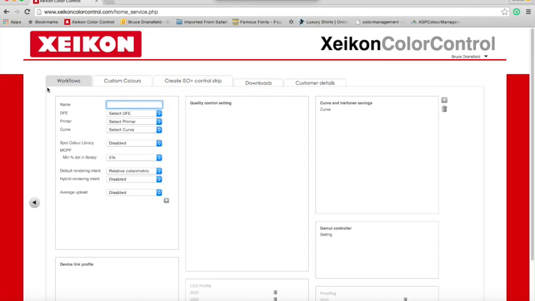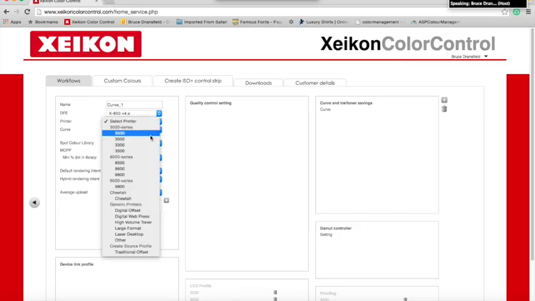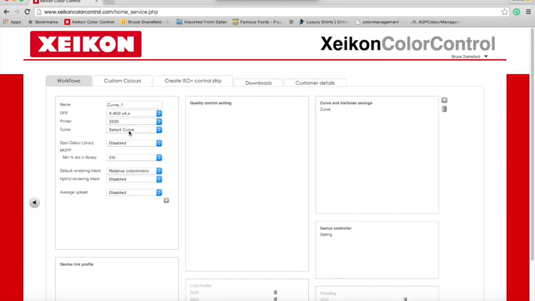So let's build a workflow. We'll call it curve 1. Select a printer. We'll select